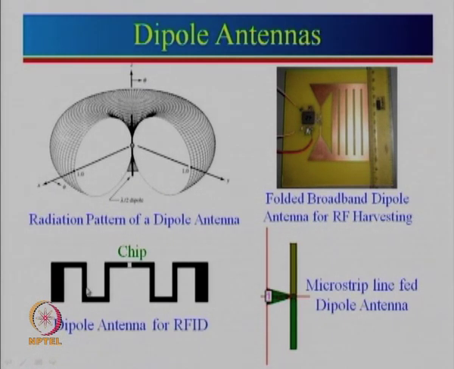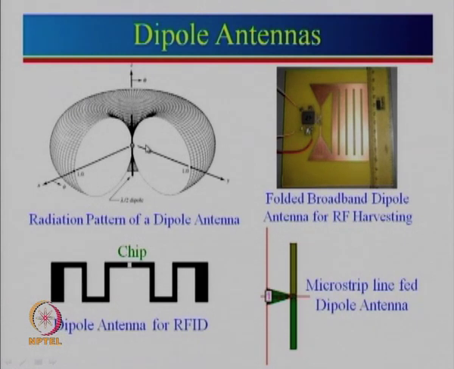Now, there is another application which we have used. This is a very important application in the sense that we have used multiple things over here. This triangular shape has been used to obtain broad bandwidth, and these number of folds are used to increase the input impedance of the dipole antenna, and that is connected to an RF harvesting chip. So, it can actually harvest the signals. If you put a mobile phone next to it, it can generate a voltage, or if you take it next to a cell tower or Wi-Fi, it will actually generate a voltage.